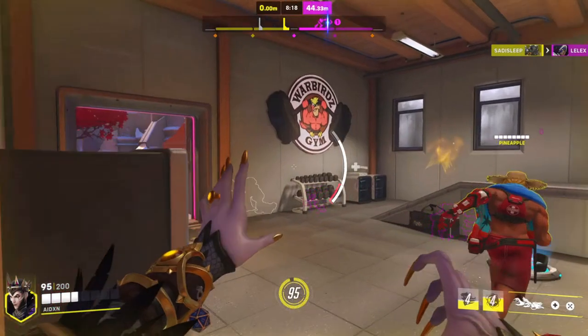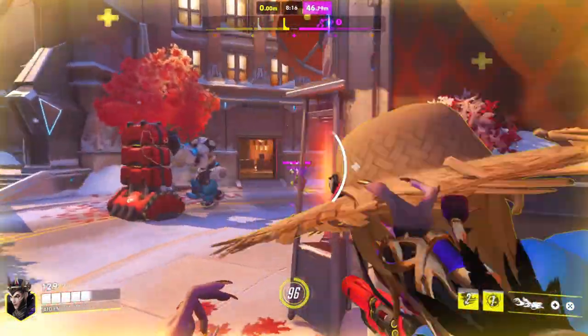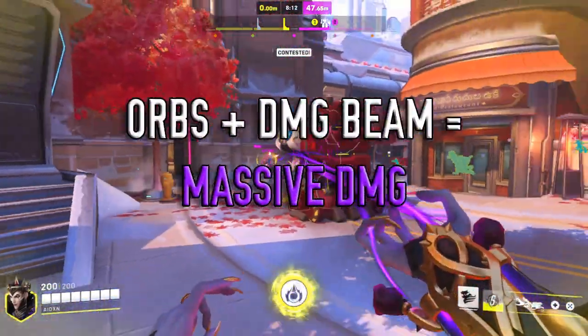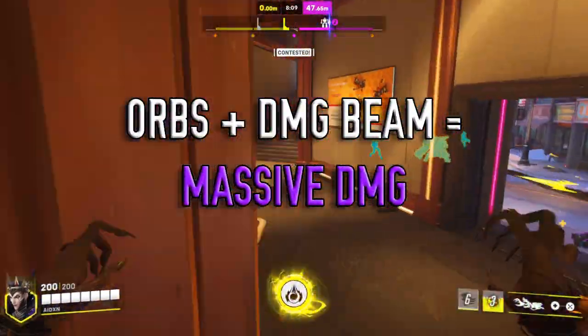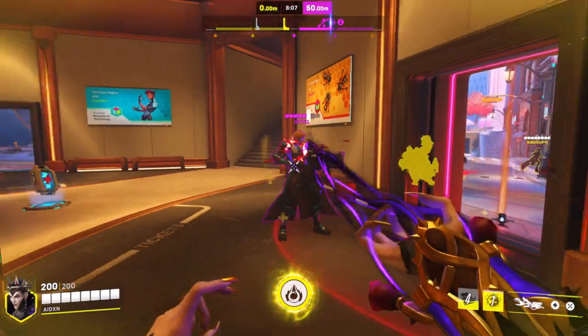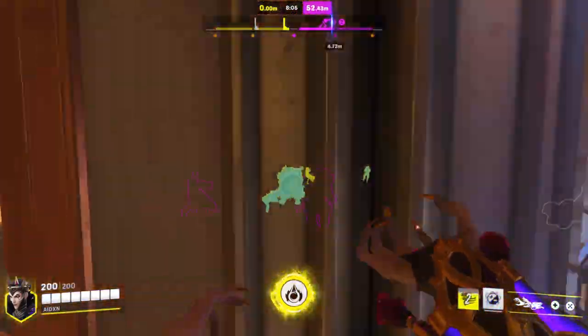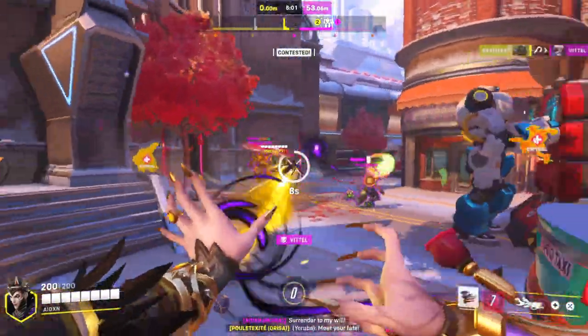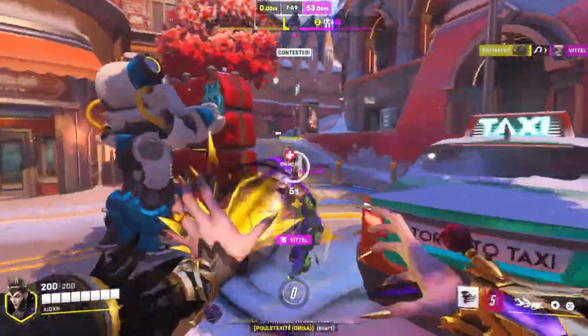The first tip I have for reaching max potential as Moira is something that I touched a little bit on earlier, and that's using your orbs in tandem with your beam to maximize your damage potential. Not only does this melt your enemies in a matter of seconds because of the 2 sources of damage, but it also A, charges your healing gauge faster if it's either empty or low, because they changed it so that